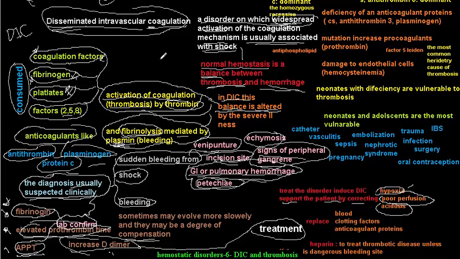There are many coagulations happening all around the body, so the coagulatory factors are consumed. We have less fibrinogen, less platelets, less factor 2, 5, 8, and also we have a decrease in anticoagulatory factors,